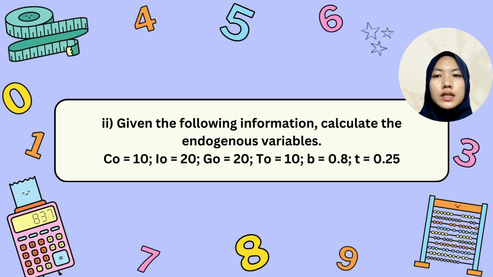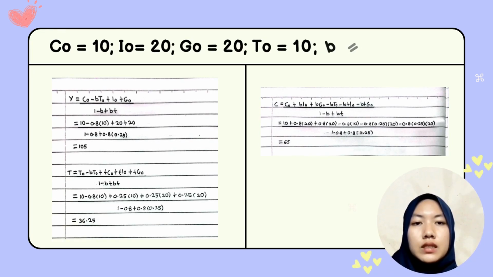Given the following information, C naught equal to 10, I naught equal to 20, G naught equal to 20, T naught equal to 10, B equal to 0.8, and T equal to 0.25. Calculate the endogenous variables. So, to calculate the endogenous variables, we need to substitute the given values into the equations y, c, and t